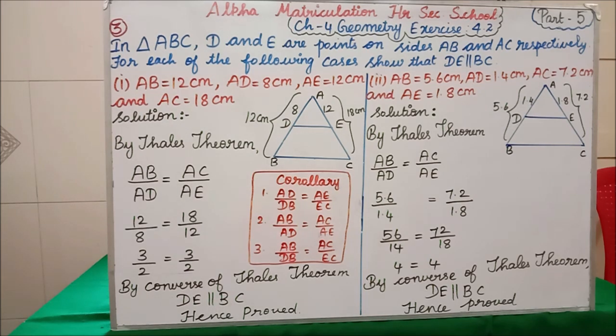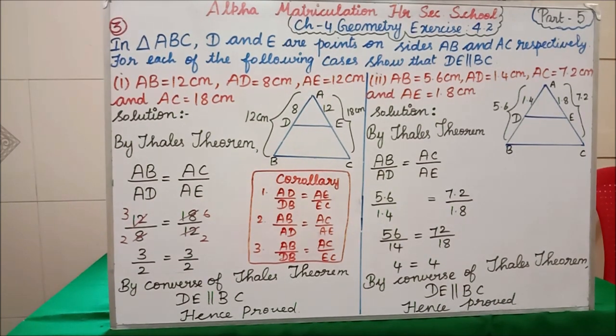So, 12 by 8 is equal to 18 by 12. If you cancel both, what will we get? This side we are cancelling with the 4 table. 4 table, 12 how many times? 3 times. 4 table, 8 how many times? 2 times. So, this side we are getting 3 by 2. Okay, both the numerator and denominator have to be cancelled in the same table. Both will go in which table? The same table, the 4 table. So, after cancelling in the 4 table, we are getting the answer 3 by 2. Now, if you see 18 and 12, both will go in which same table?